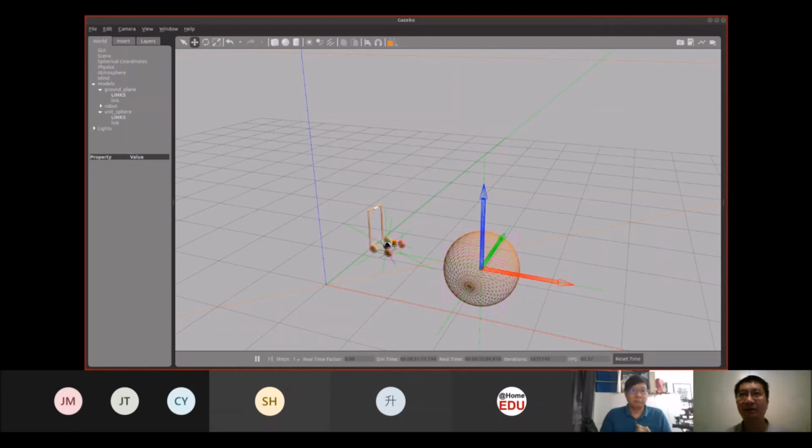So are you using SolidWorks or Blender or anything to create your shapes? For example, the wheel, or do you just draw within Gazebo? We actually use SolidWorks to create some of it. I can share with you the view, because I will share it in the section later. We actually created the map of the university. Oh, all right. I can't share the code for it. So how did you scan it, or how did you actually get the map? Is it a 2D map, a 2D scan or a 3D scan?